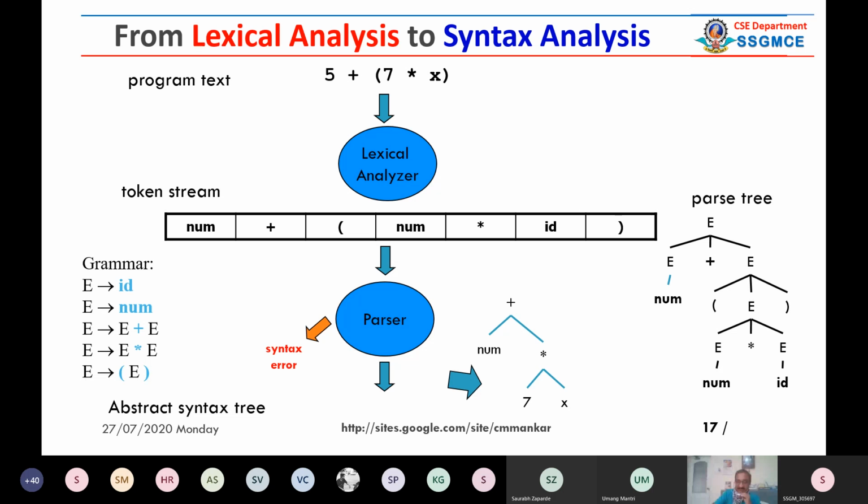In this way, if you traverse this tree from the left side, number plus opening bracket, number star ID, closing bracket, then you will see that it matches the original program statement. It will match the source code. So this is how the compiler works.